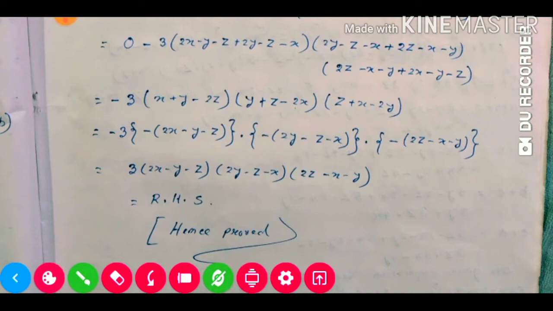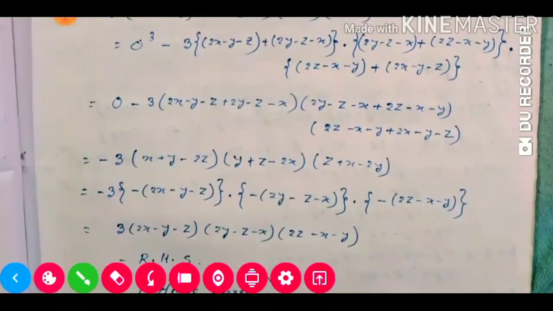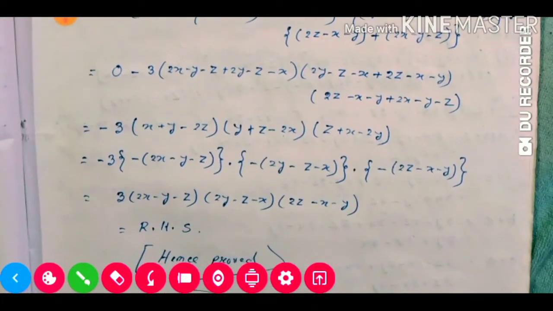And the third portion: see, in our question it is given plus 2z. So where 2z is there, this one we need to see. Here it is minus 2z. So same as before, we will take minus common, so remaining ones which were positive will be negative, and negative will be positive. So 2z is negative, so it will be positive, and the remaining 2 are positive, so they will be negative. Now see here how many minus are there: 1, 2, 3, 4. That means minus minus plus, plus minus minus, again minus minus will be plus.